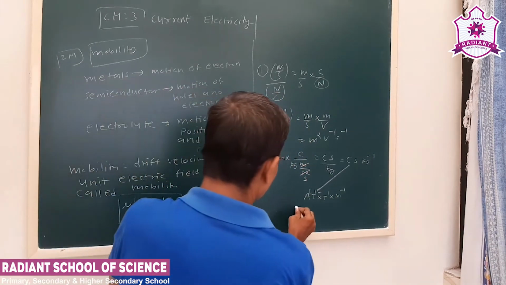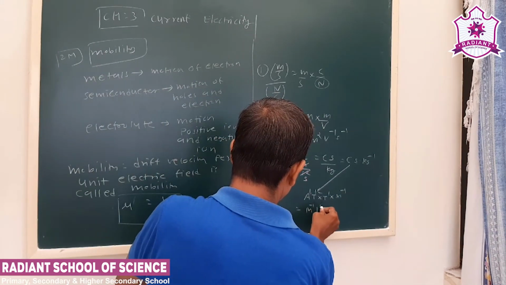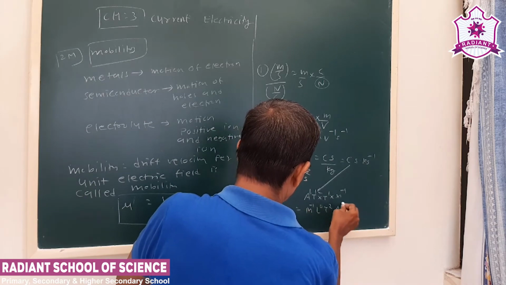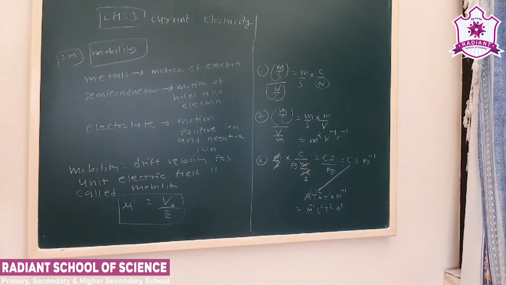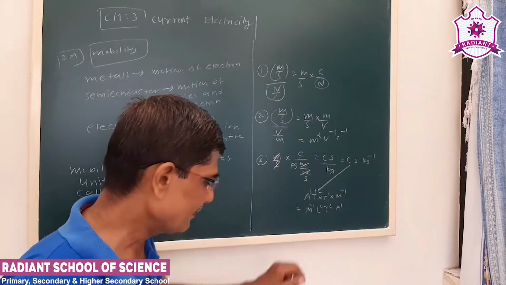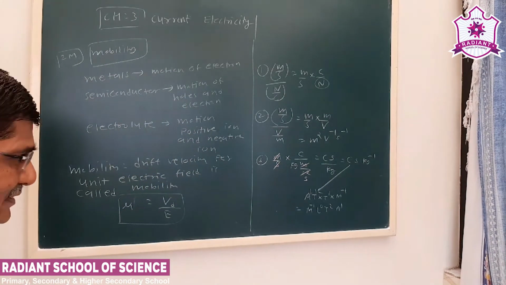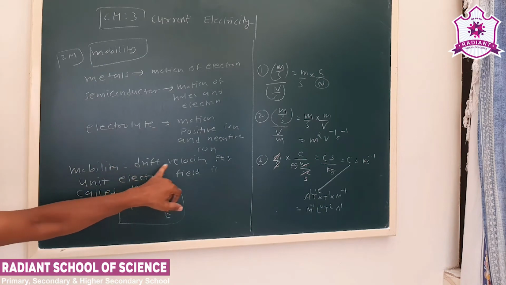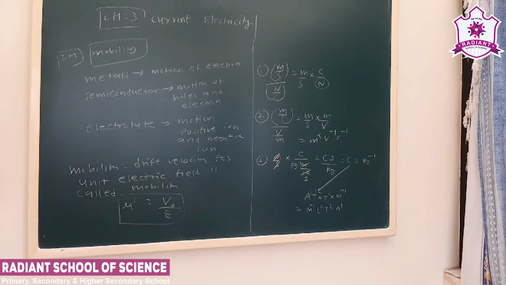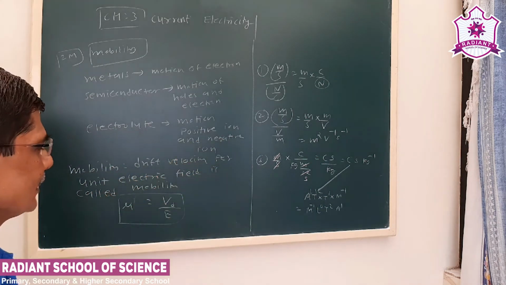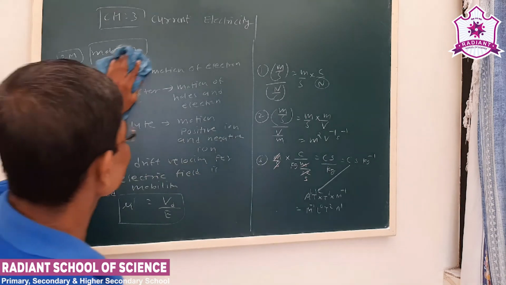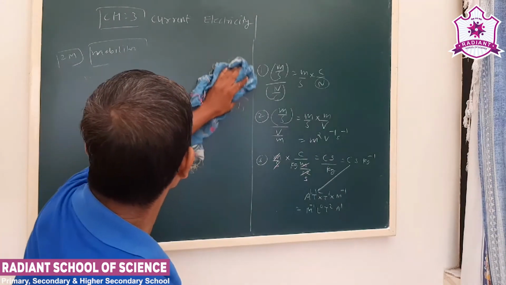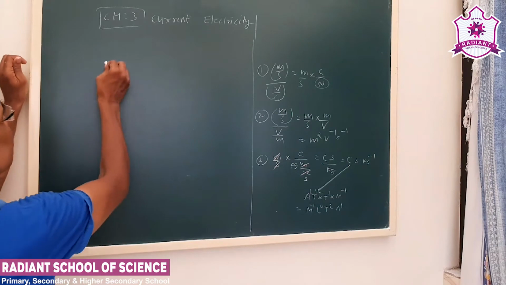So we can write M minus 1 L0 T2 A1. That is the dimensional formula of the mobility. Now see, the drift velocity per unit electric field is called mobility. We have seen the unit and the dimension. Now, mu is...